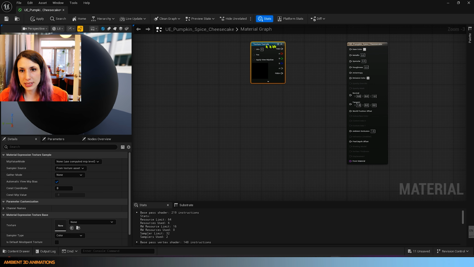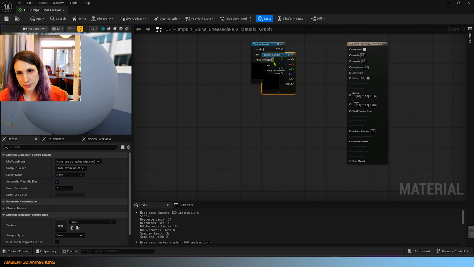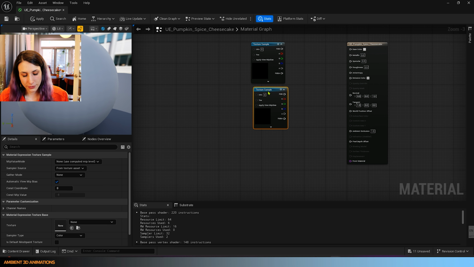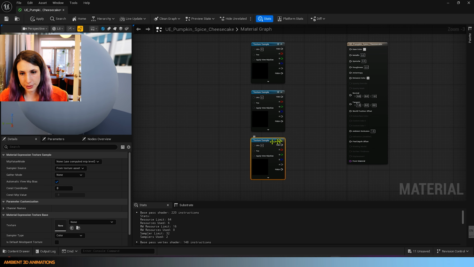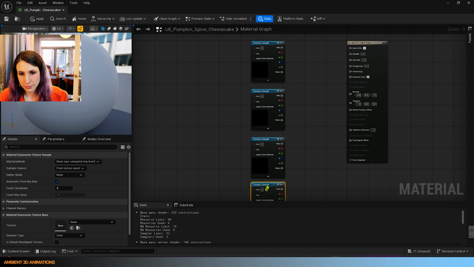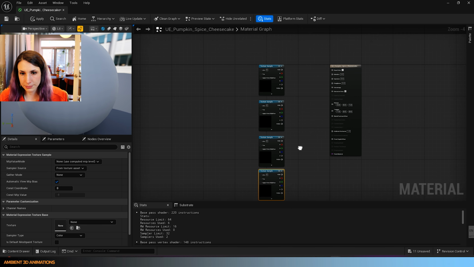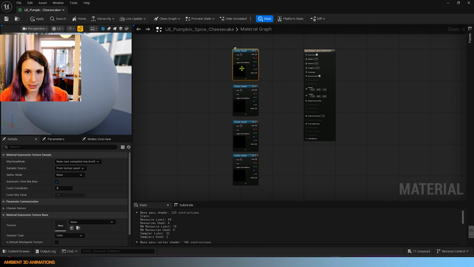Now we need 4 of these because we have 4 textures. So I'll hit copy and paste. So Control C, Control V. If you're on a Mac, Command C, Command V. We're going to need 4. So now we're all set up in terms of that. If we click on one of these,